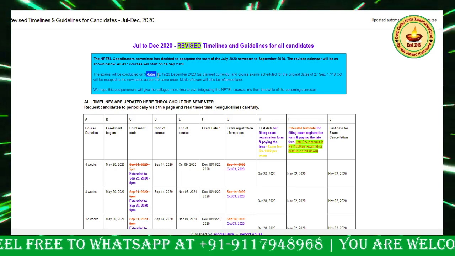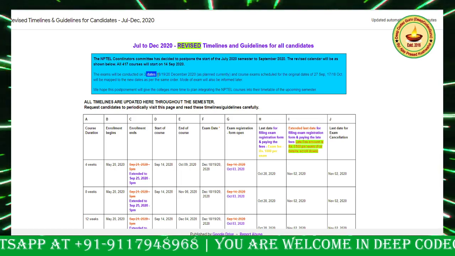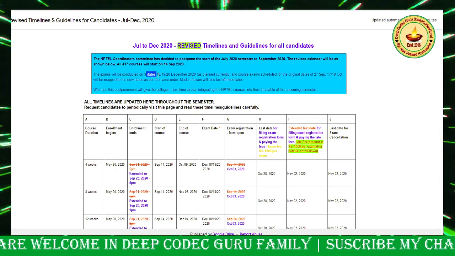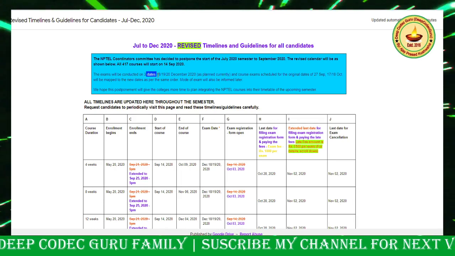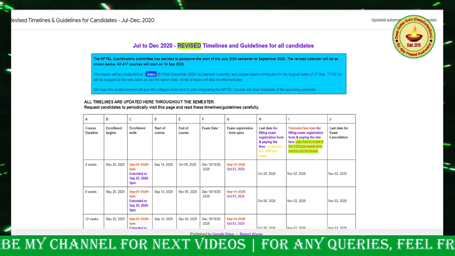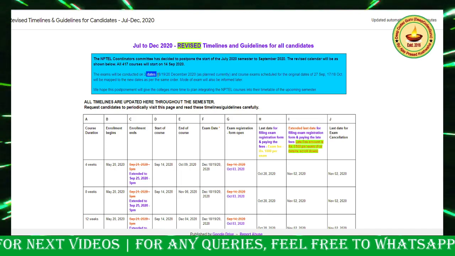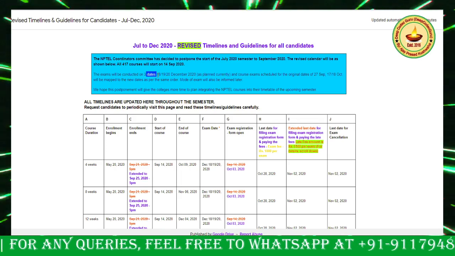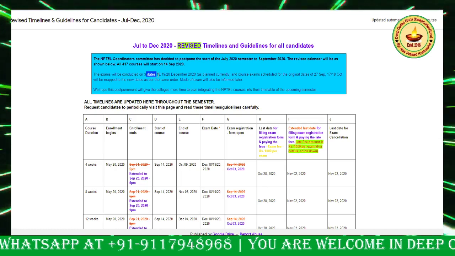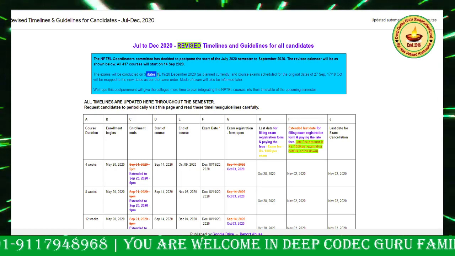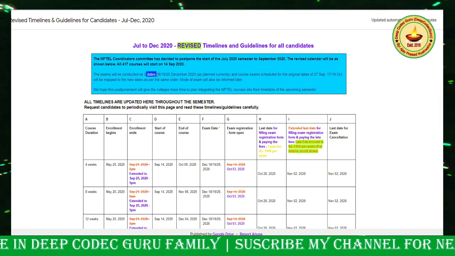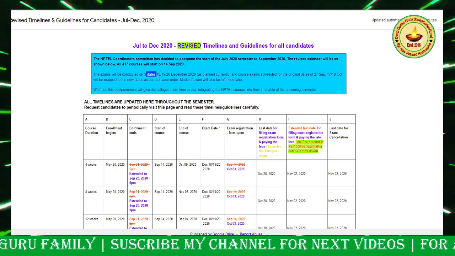So guys, for that you have to go and check the exam date for your course and note it down using paper and pen. Make one paper note and note the exam date for all the courses you enroll in, and you decide which courses you are going to write. If more than 2 of your courses have the same exam date, then you have to skip one course and just register for 2 courses on the same date. Okay guys, am I clear?